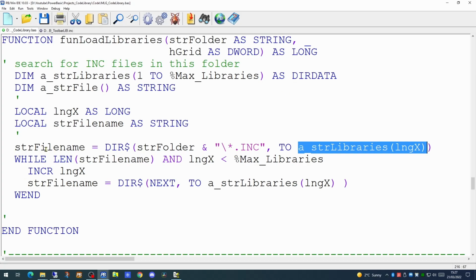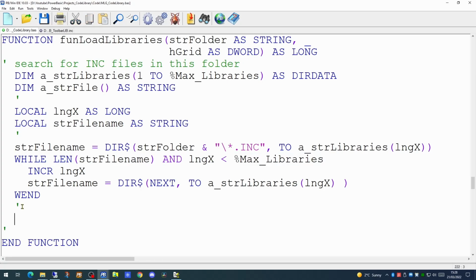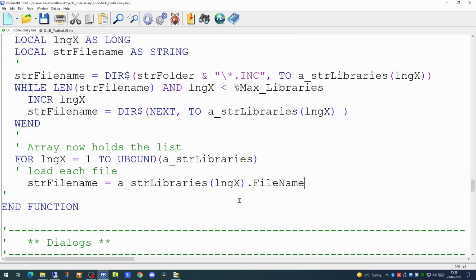So while this file name is not empty, and the long X in this case is less than the maximum number of library files we're geared up to handle, I've set this to be 2000, but we can increase this if needed, it will then store the value in str file name for the next one. It will iterate around this loop until all the files have been found. The str libraries array now holds a list of all the files.